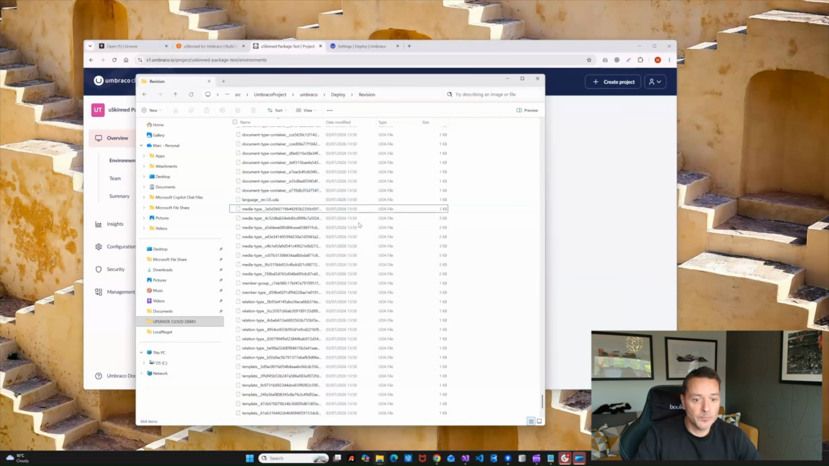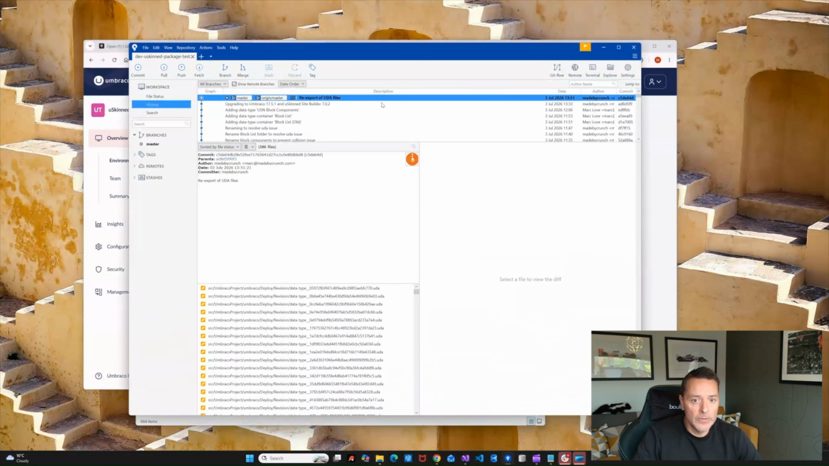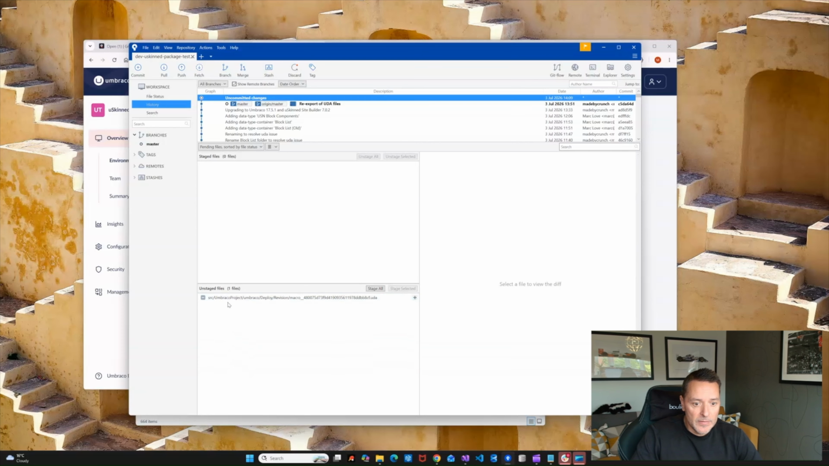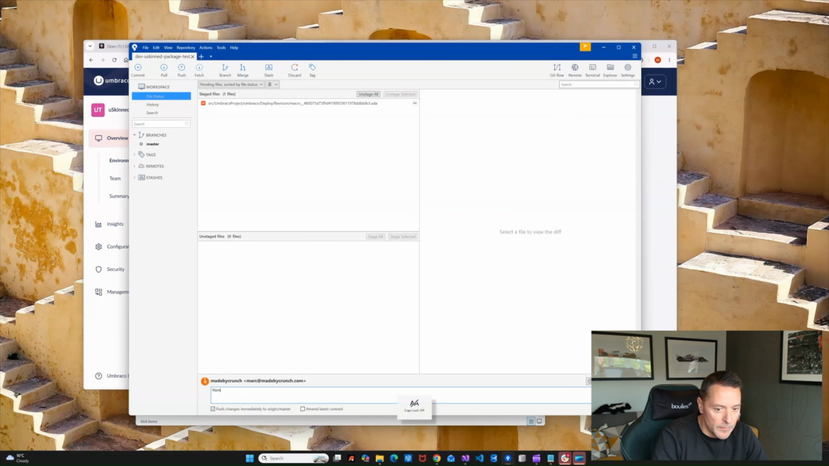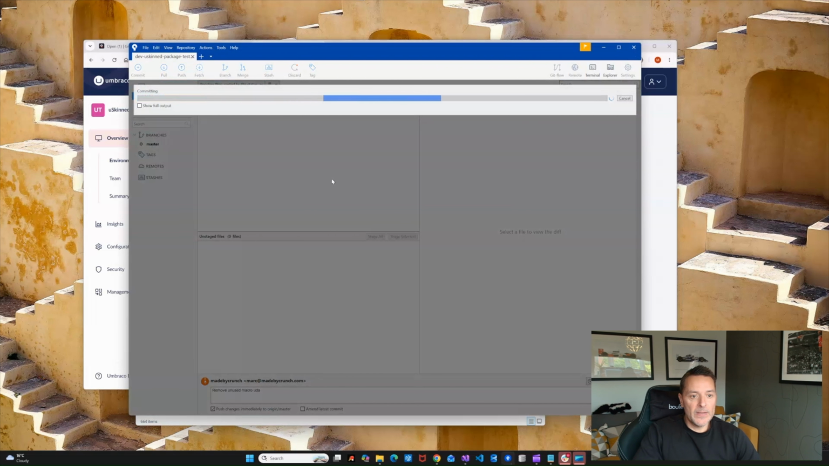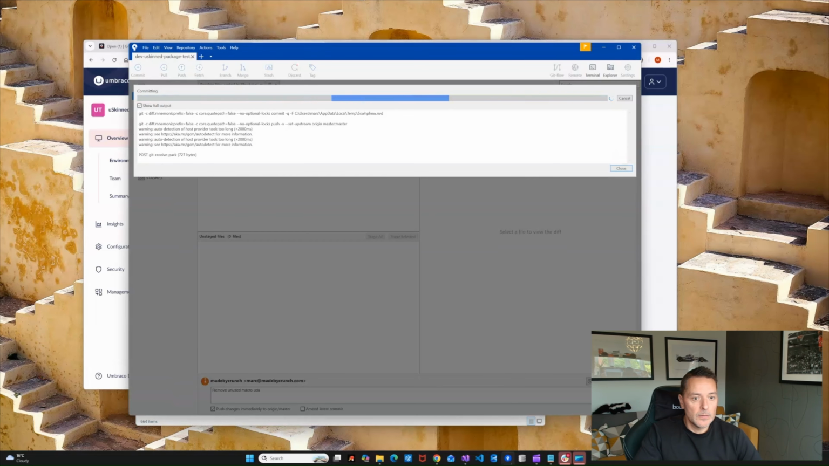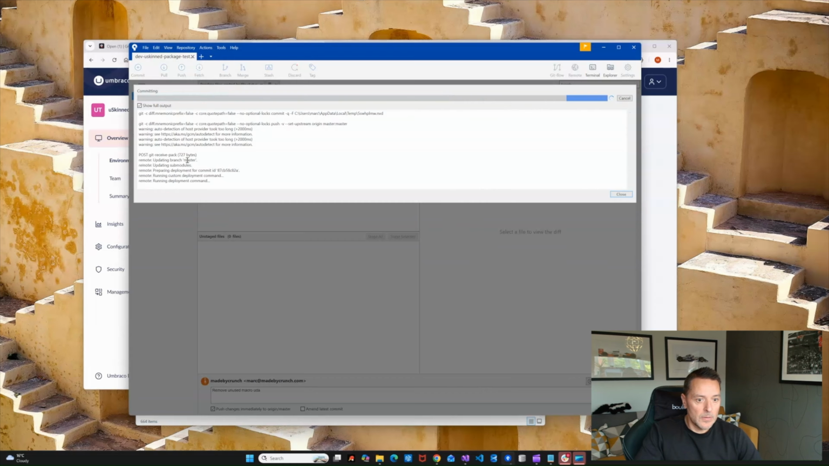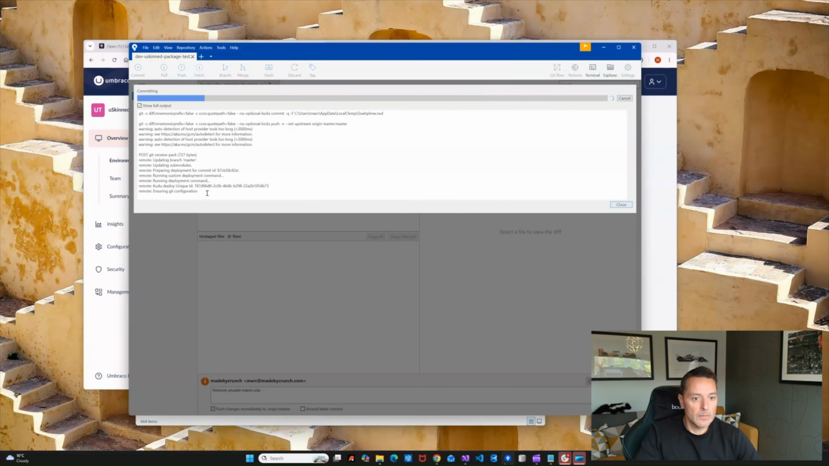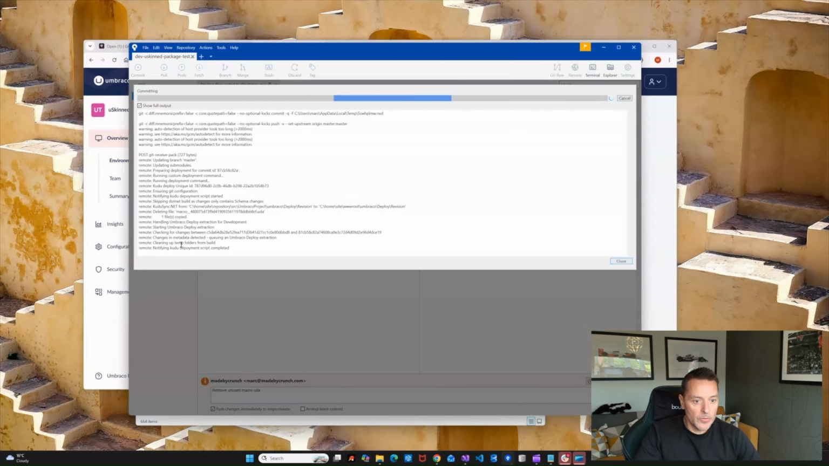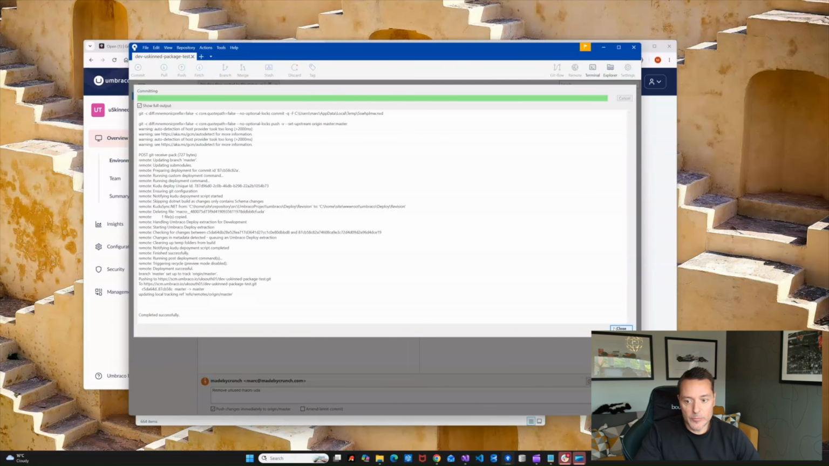So delete that file, and then go back to source control, and then check that in, commit, remove unused macro UDA, commit that, and this should be fairly quick. Should be all good. Deployment successful. Okay, so